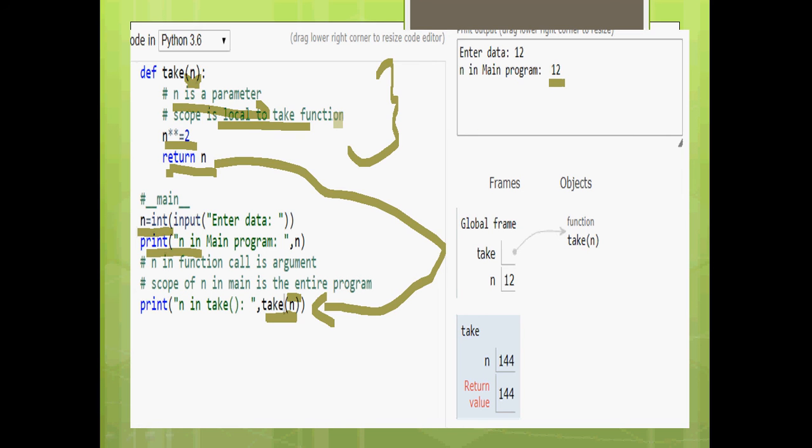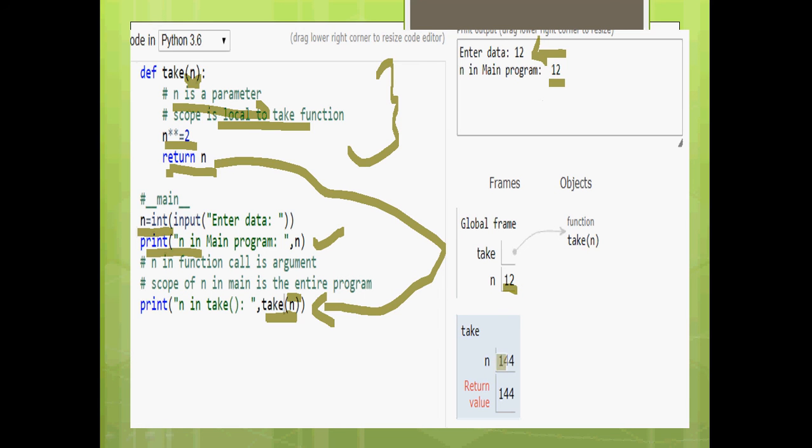It has not yet printed. I think it is in the next slide. Now let's see. The user is entering 12 here, and n in the main program, this statement is the second statement of the main program, is 12.